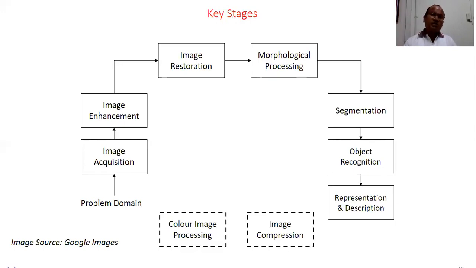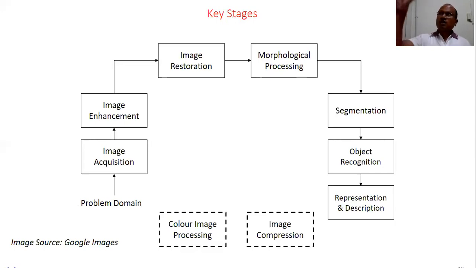There are hundreds of image enhancement methods, but there are of course some main categories of enhancement, and if you go dividing again and again, you will have hundreds of image enhancement methods. Therefore, I mentioned that enhancement is a broad topic, a broad component. So if you look at the beginning, the problem domain. What do you mean by problem domain? Problem domain means what do we want to do with image processing?